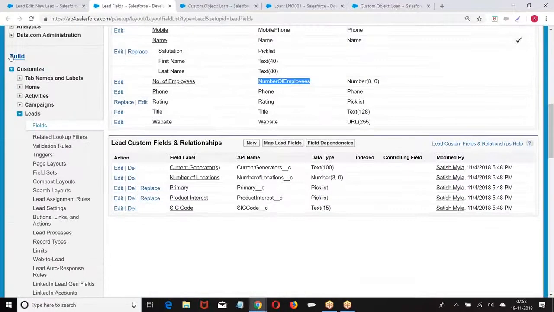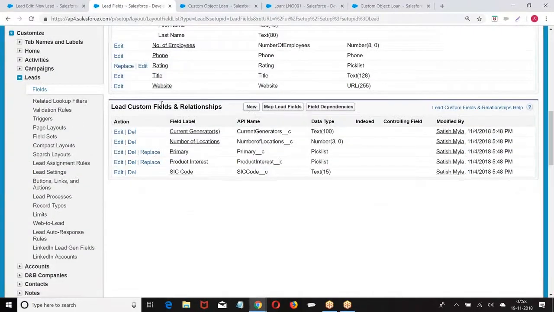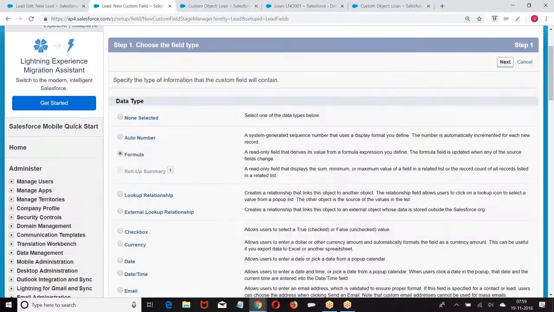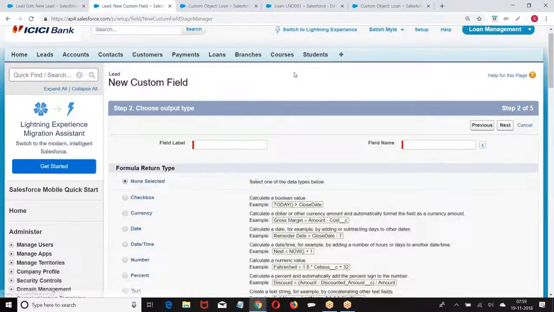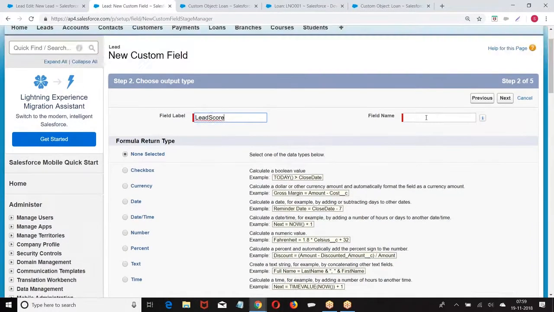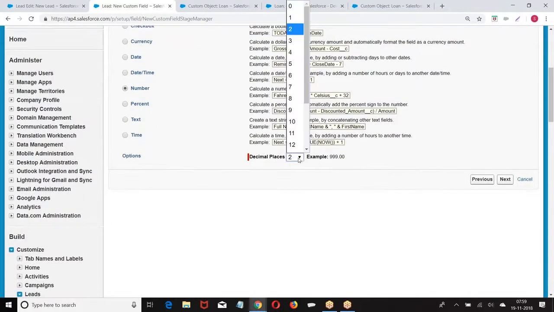How do you create? Setup, build, customize, leads, fields, custom fields. Formula. Next. Lead score. Number. Do you want decimal points?